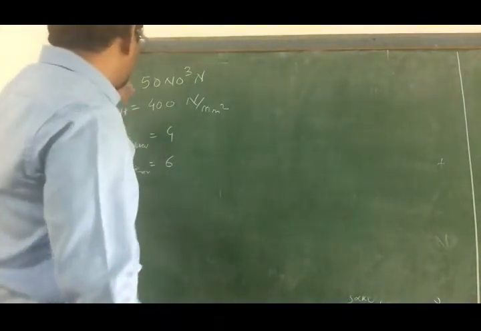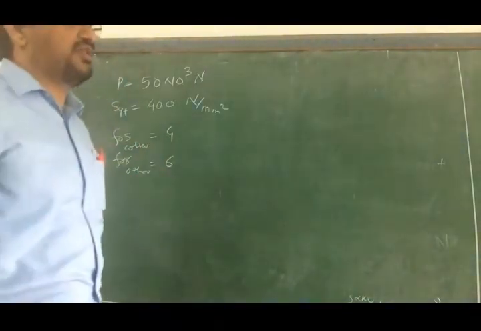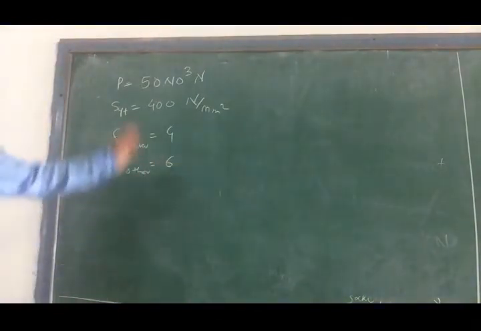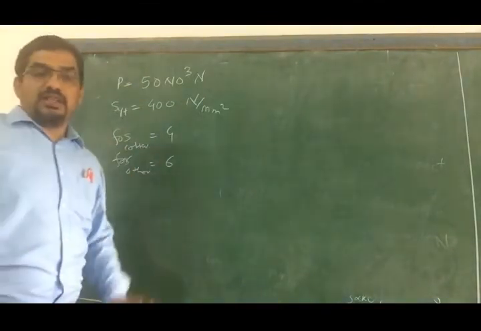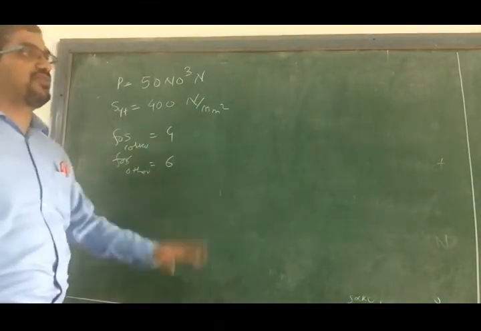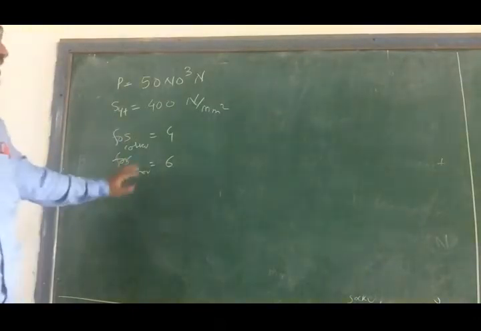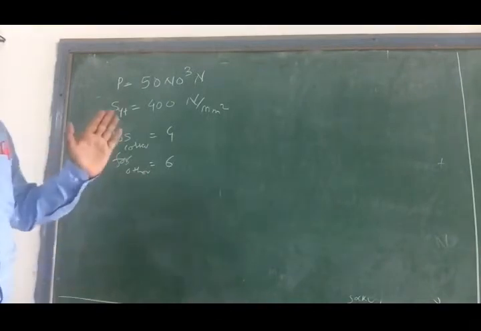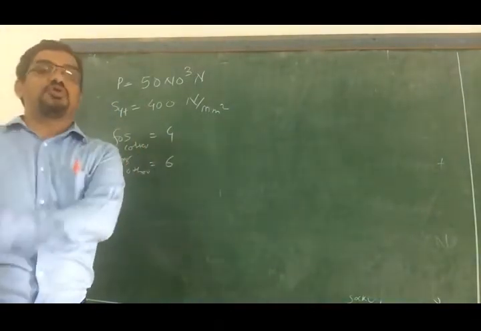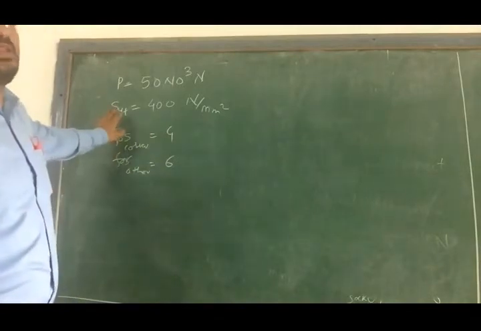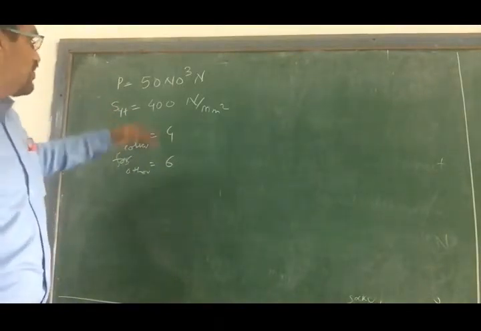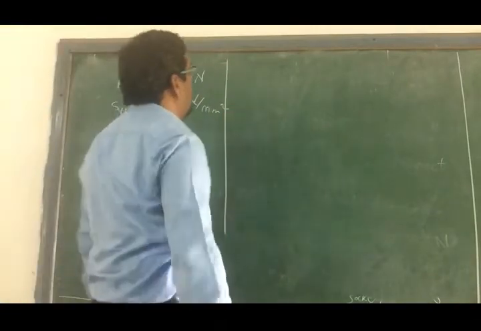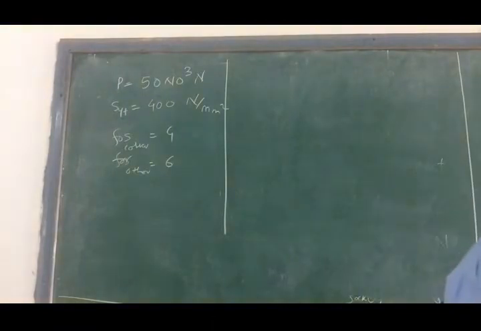Now with these given specifications, we will do the design of the cotter. Before going ahead with the design process, we need to find the limiting stresses of all components: for the cotter, the socket, and the spigot. Those are the stresses with which you will do your design. This is not the stress, this is the yield stress. So with this we have to find the limiting stress.